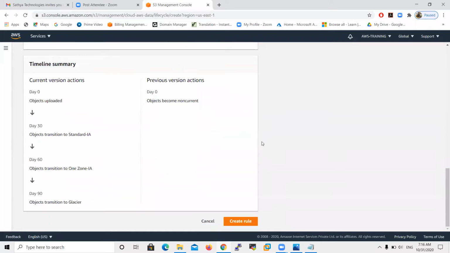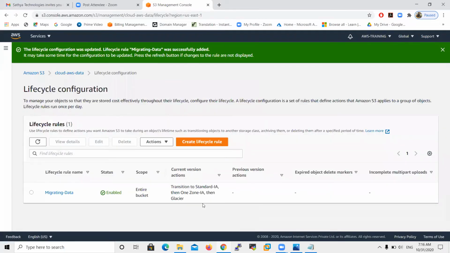Now everything is fine, create the rule. See that migrating rule: the scope type is the entire bucket, and the data transitions from standard IA to one zone IA, then moves to glacier.